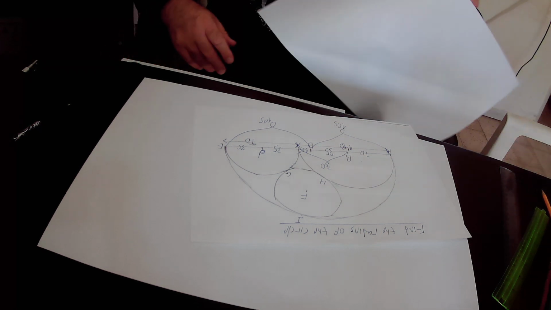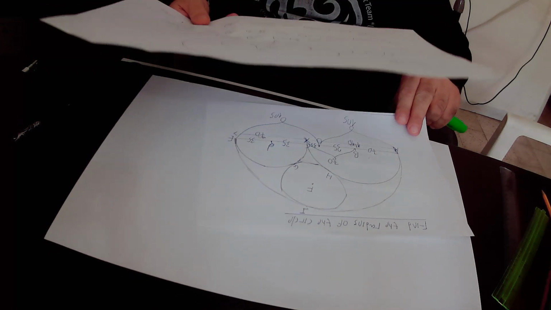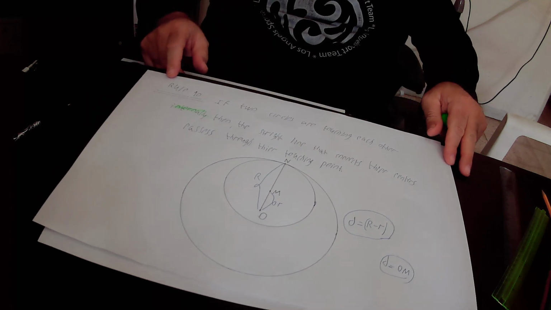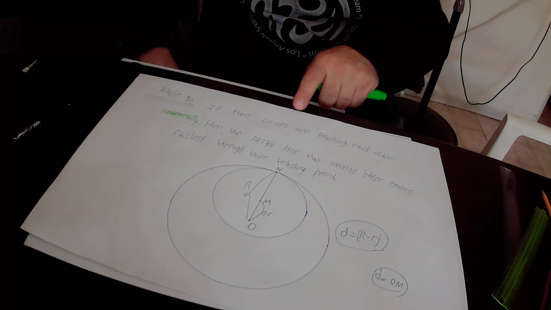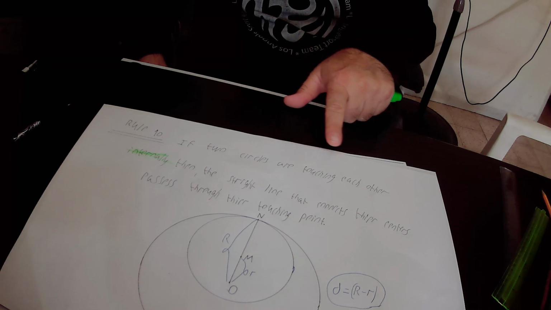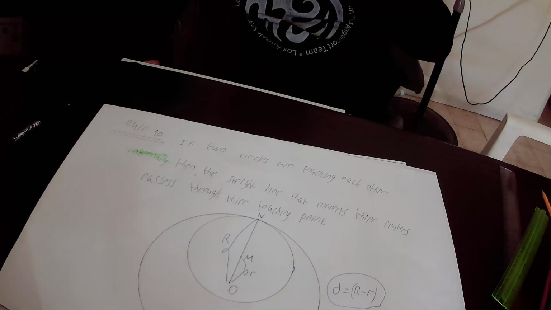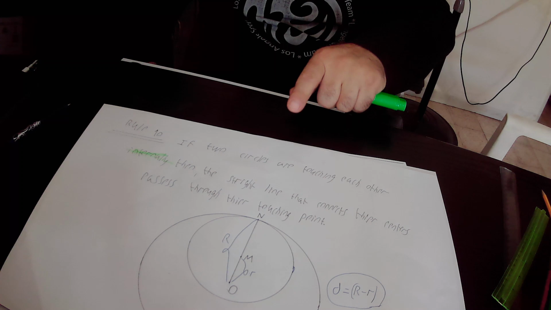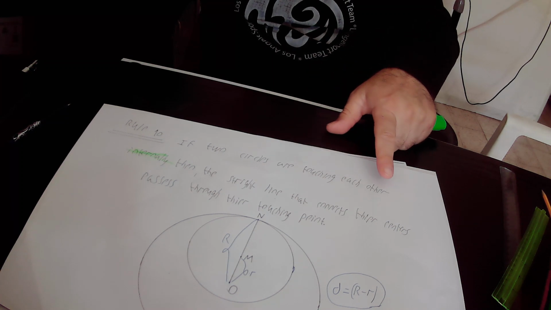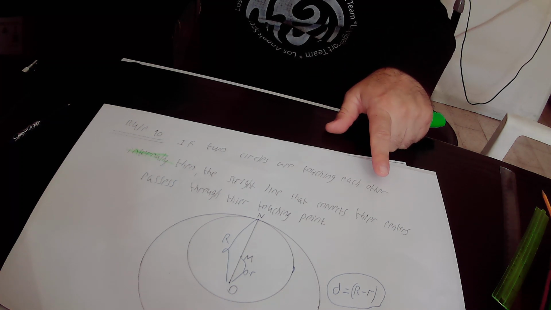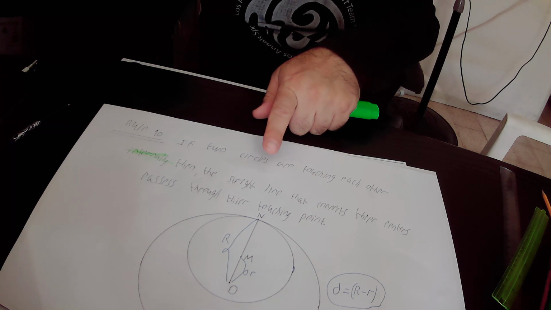We actually have rule number 10. According to rule number 10, if two circles are touching each other internally, then the straight line that connects their centers together passes through their